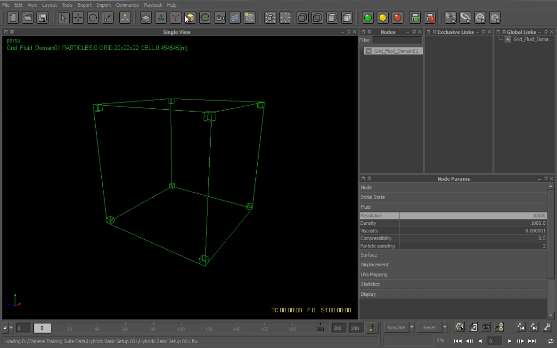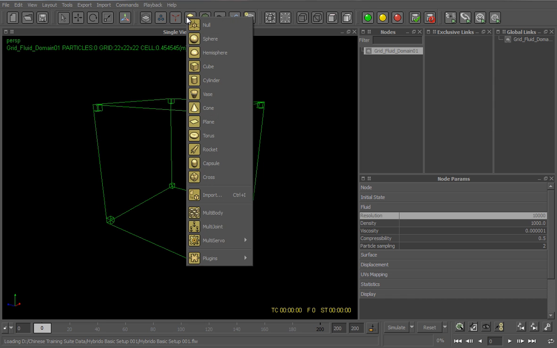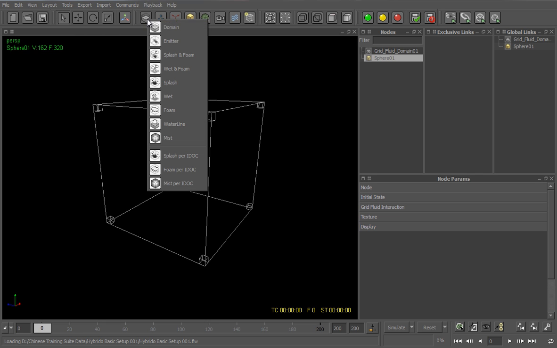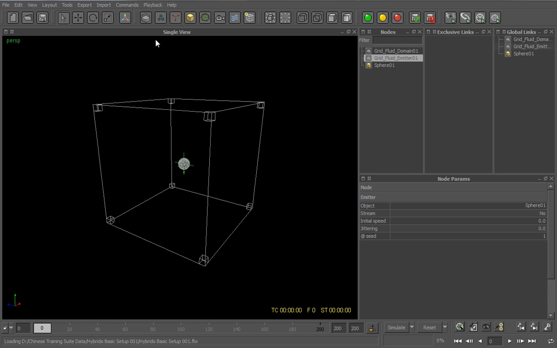To finally create a fluid, an emitter is needed. Grid fluid emitters always consist of two elements, the emitter node itself and an object to specify the fluid's volume. The emitter node is used to define the direction of emission. This direction is indicated by an arrowhead at the emitter's viewpoint symbol. The emitter object can be of any shape, but it must be linked to the emitter node in order to